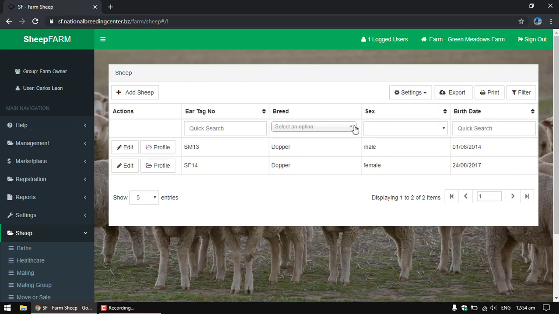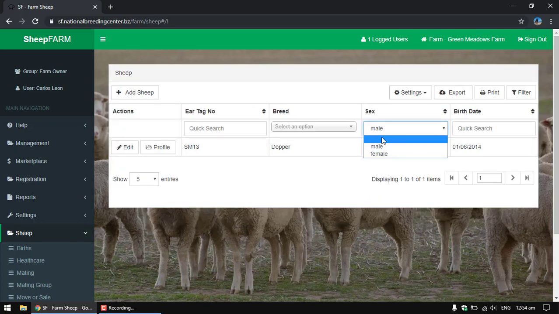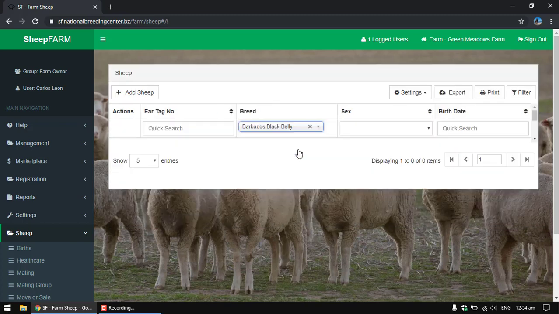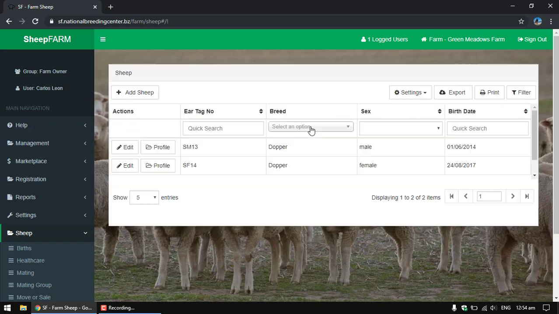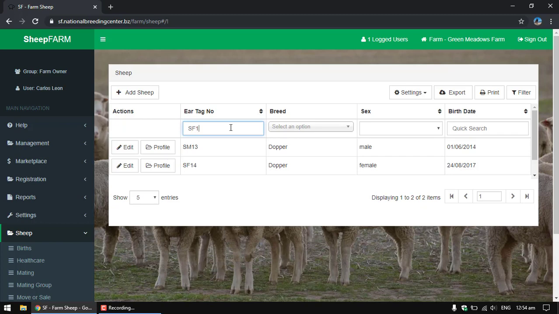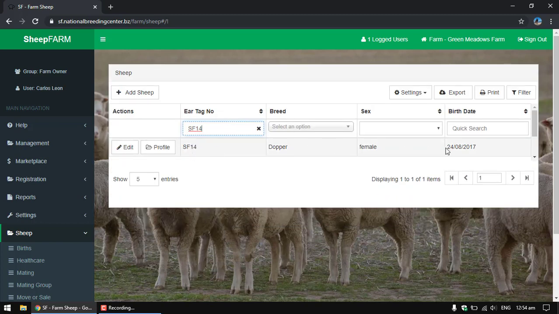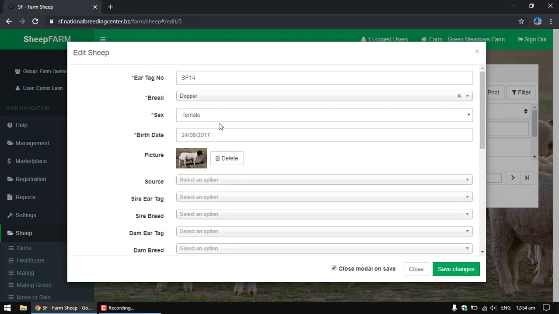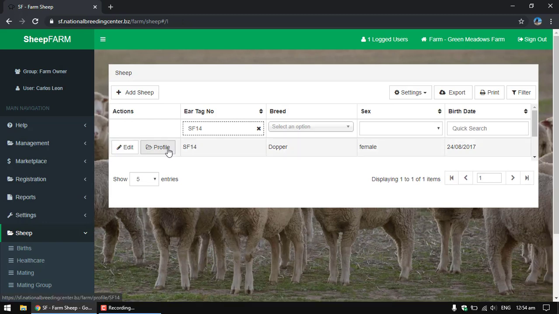Another useful feature is you are able here to filter. If I want all the males, you'll just see the males. If you want a specific breed, let's say any Barbados Black Belly, we don't have any. If you want to search for a specific tag, SP1314, we don't have. What about SF14? Yes, we have it here. So it looks up the record, and like I mentioned before, I can always go and edit the record, or I can go ahead and